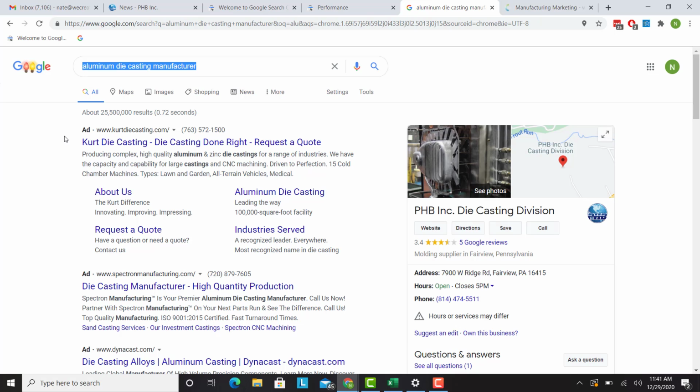The next thing we see on this page of Google search results are the ads, and these ads are pay-per-click ads, which means that when somebody clicks on one of these ads, it can cost 10, 20, 30, 40. It can go pretty high sometimes. These pay-per-click ads are definitely a way that you can generate leads. But what I want to talk about today is more or less the free way of generating leads, and that's